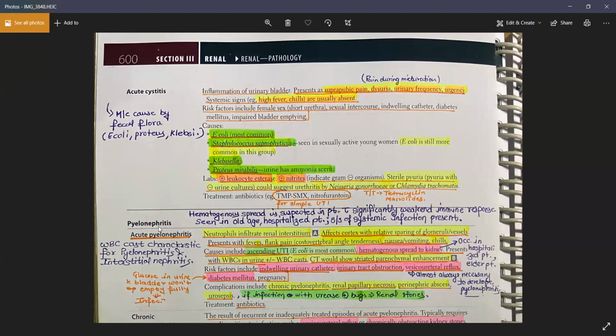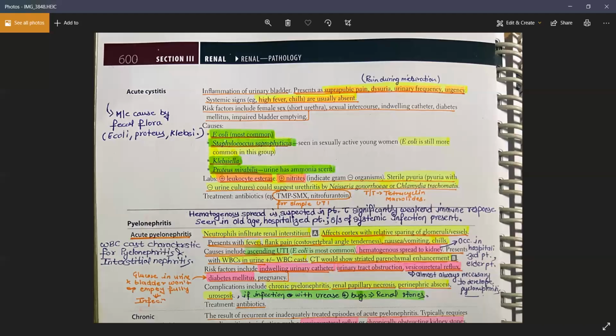So how would you know whether a patient has hematogenous spread or ascending pyelonephritis? Anyone? History of cystitis will be present in ascending type. The history could be present in both, or sometimes might not be present if the organism does not infect the urinary bladder and directly affects the kidney by entering into the blood or by the ascending method. So you won't have this history.